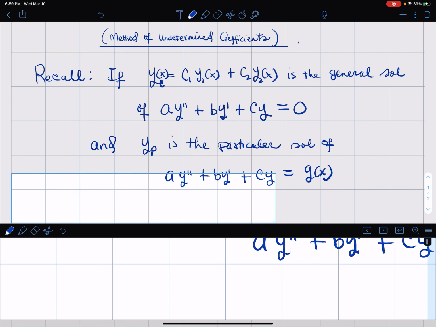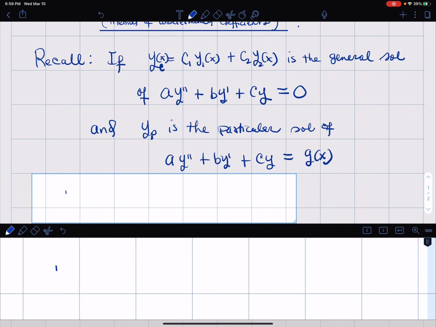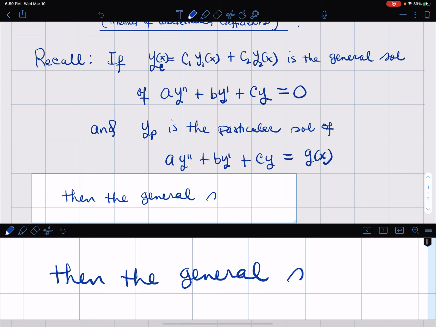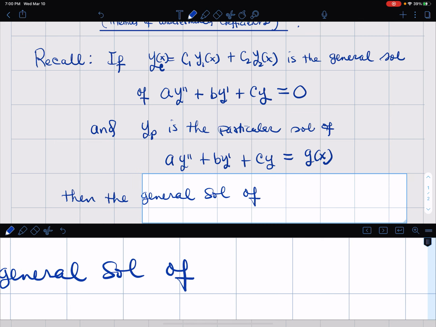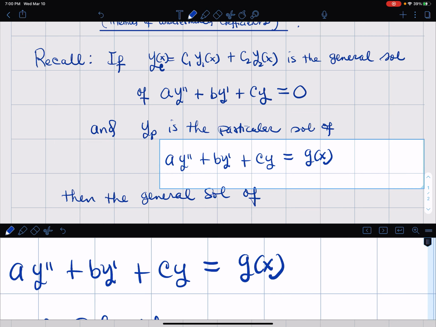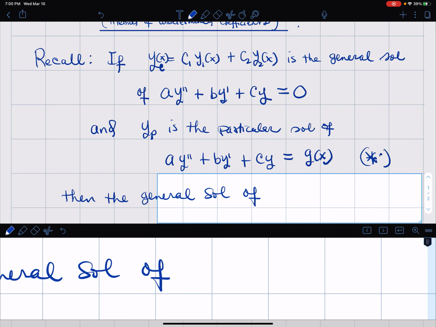Then the general solution of this, I'm going to call it asterisk, is now